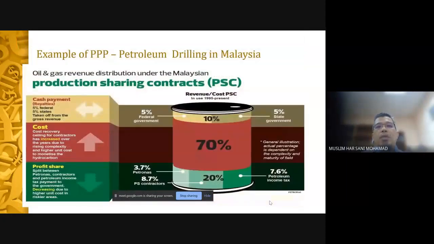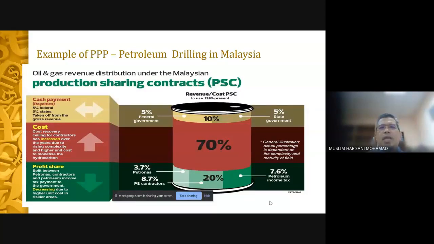Okay, an example of PPP: petroleum drilling in Malaysia. So this is not new. If you see this, then of course the PPP mechanism is not recent. If you look at petroleum drilling, it is more obvious in Malaysia since the 1980s, if I'm not mistaken, with the establishment of Petronas. At that level, major players, major companies like Shell, Esso, British Petroleum, are basically the players in the industry to drill, to explore as well as to process the petroleum.